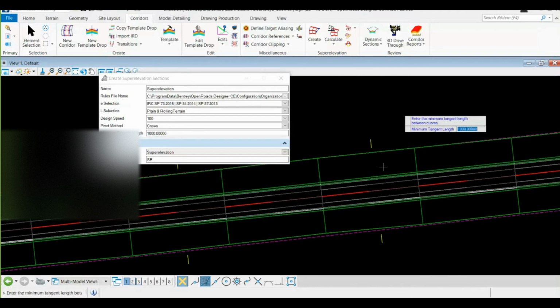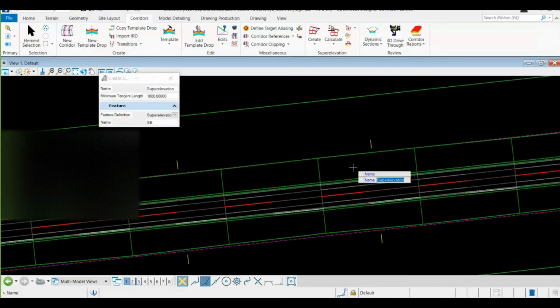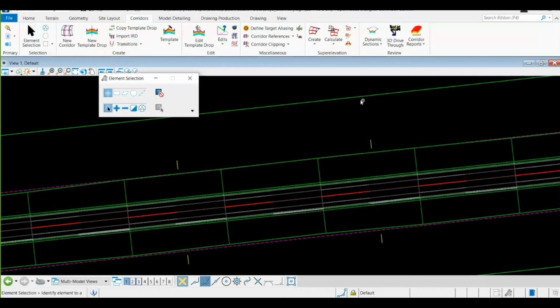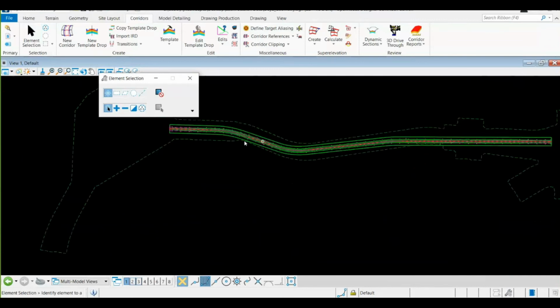So as soon as you do that, it is going to process your superelevation rule file over this complete corridor. If you note a change right over here, there is an outer green boundary available now beyond your corridor, which is enclosing your complete corridor.